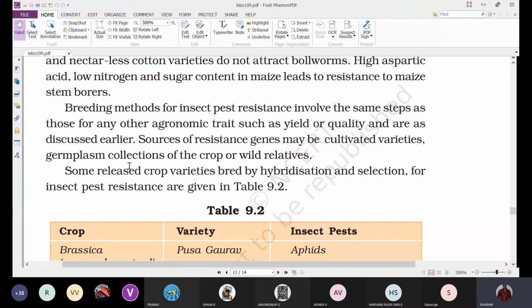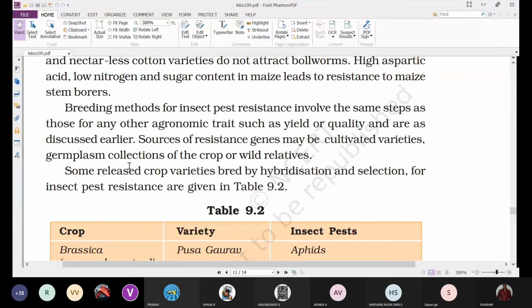First, collection of germplasm, selecting the parents, hybridization, and next hybrids are obtained and undergo artificial selection. Later, if you find the desirable character, those are produced in large number. The procedure is the same.